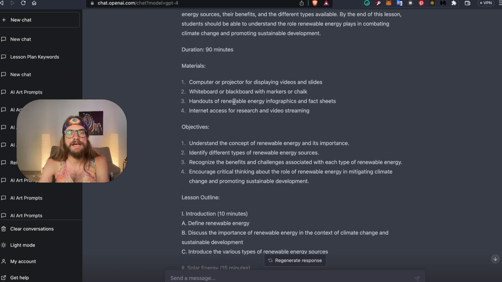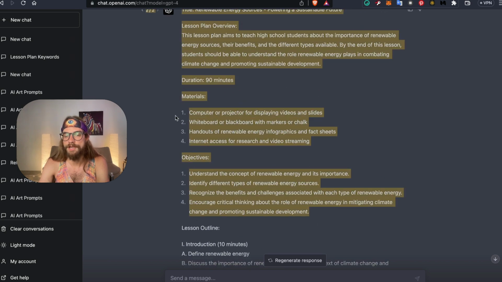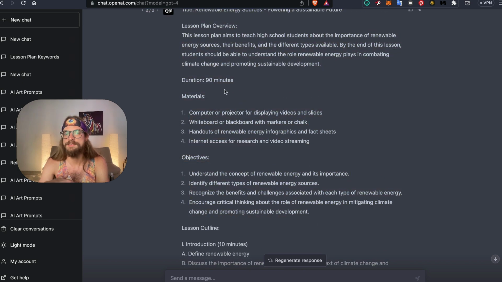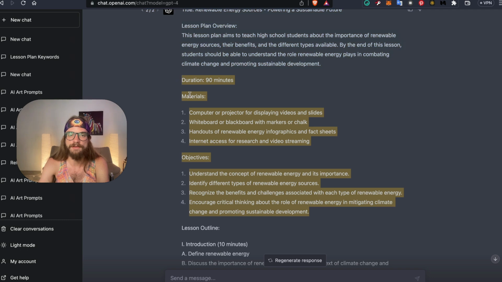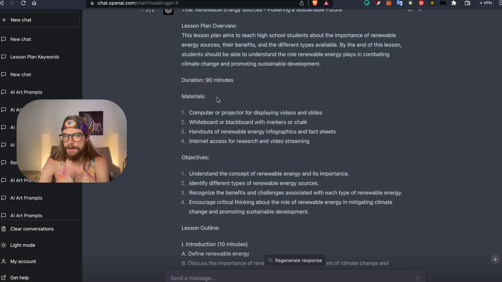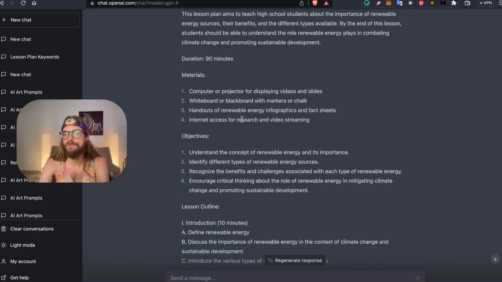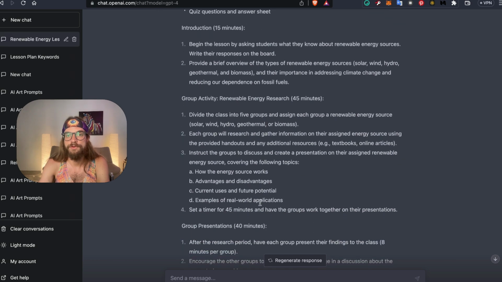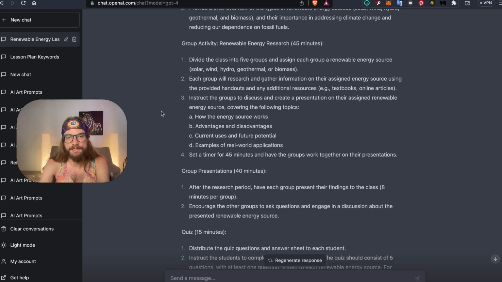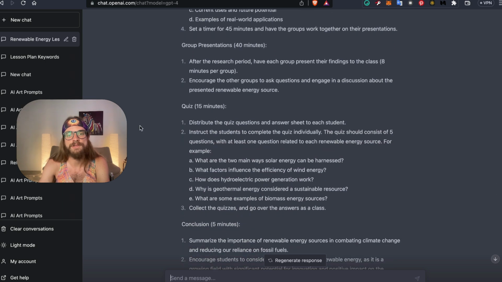So you'll see that it's default in the model, right? This is very important to understand, what is the default if you don't tell it anything else. By default, it tells us the materials and the objectives. If we wanted to stop that, we would have to specify for ChatGPT that we do not need the materials. In the new version, we do have our group activity, our group presentation,